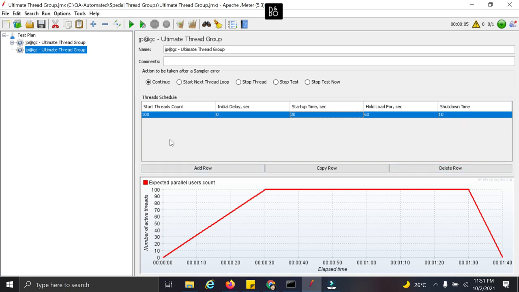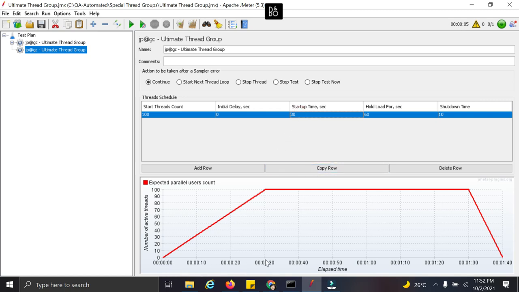Now let us see, if you do such a configuration for any of your APIs, how it will start executing, and what the load will be in terms of threads. See, with this, 100 threads are up, from 0 to 100. What is the startup time we provided? 30 seconds.